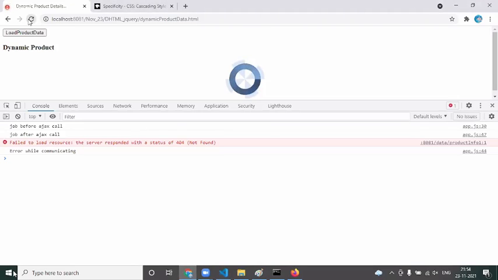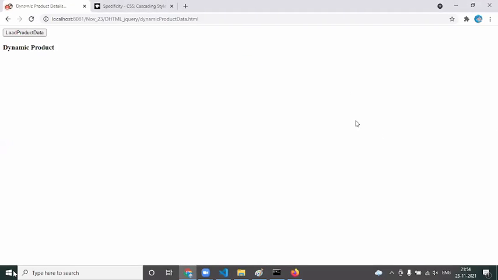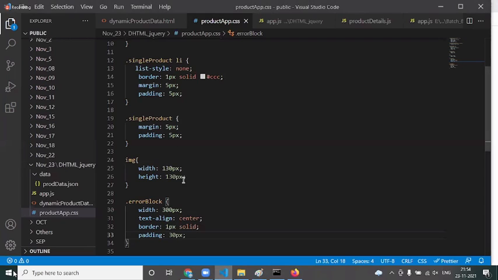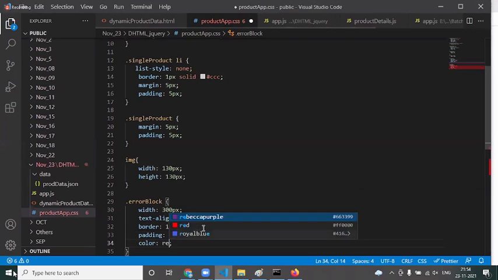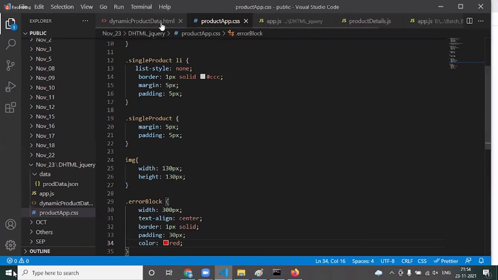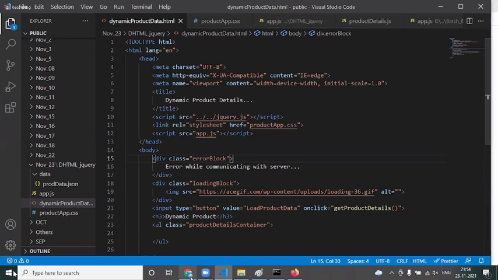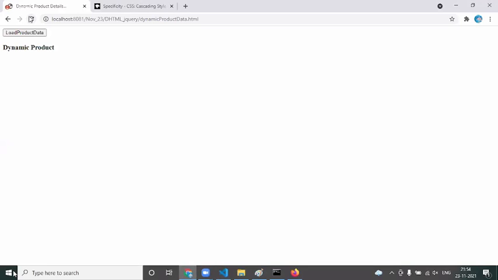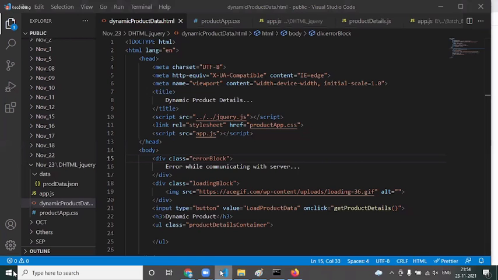Come back here, reload the page. Do you see the error block? No. Why so? Color as red. Come back and reload the page. Okay, both are in display mode, right? Display hidden.